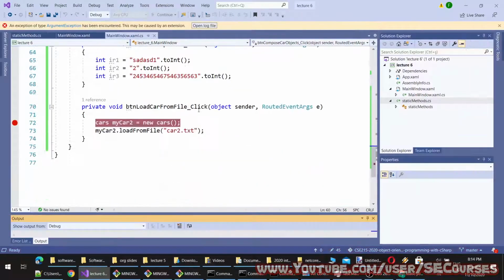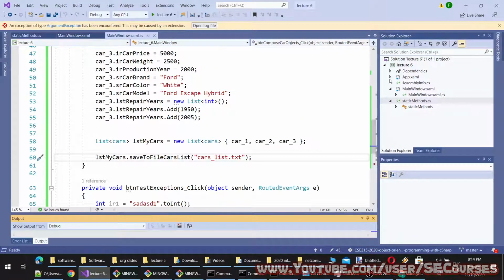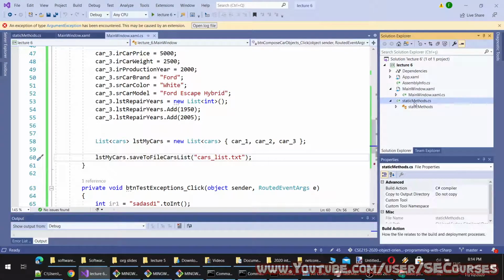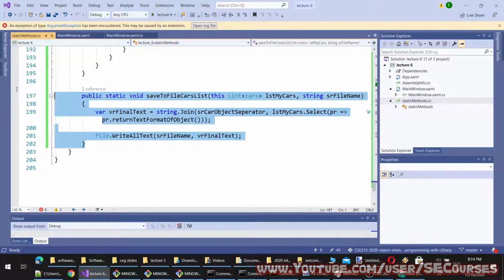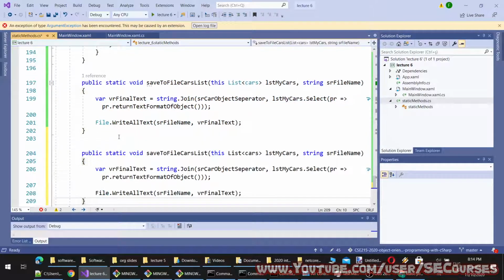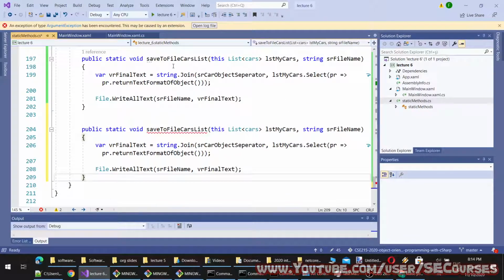Then we need to write another method to load from file into the list. To do that, I'm going to compose another method inside the car class, or an extension. An extension can work better. Yes, I will do that. Load cars from file, and this will take, okay, this can work.